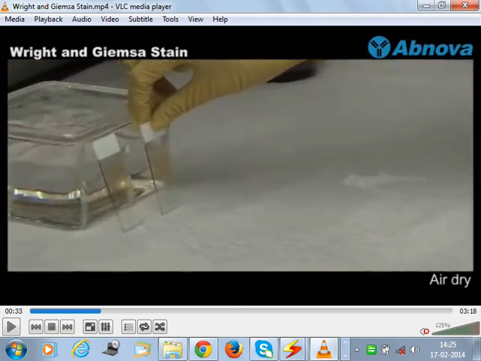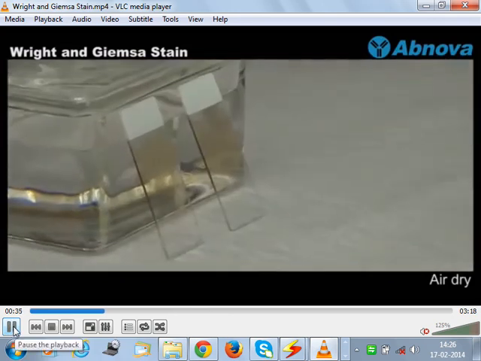What is this Leishman stain? What does it contain? What is the job? I'll tell you. Add the Leishman stain on top of it. And that Leishman stain will contain methyl alcohol and that will do the fixing job. We leave it like that for 2 minutes. How long? 2 minutes, 3 minutes, depending on the situation. We usually prefer here 2 minutes. Okay? So after 2 minutes, what will we do? We will